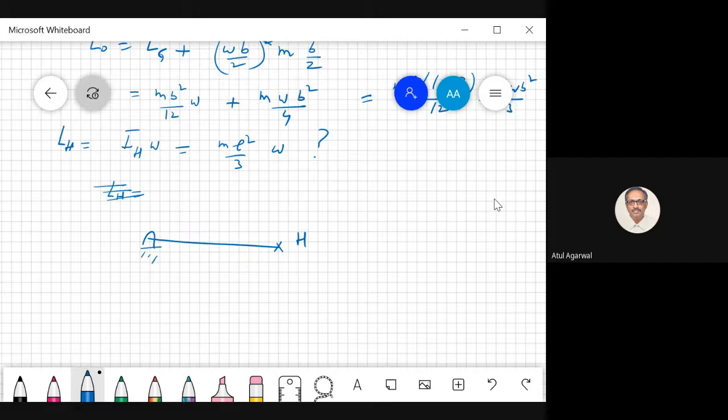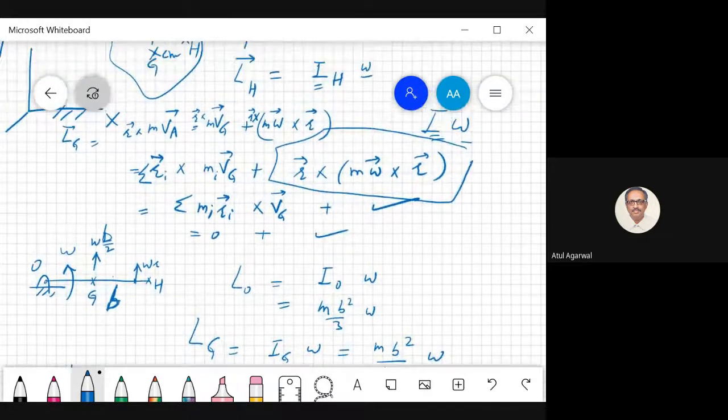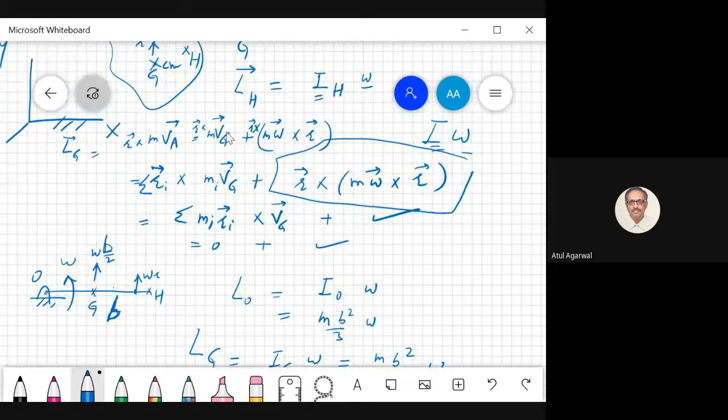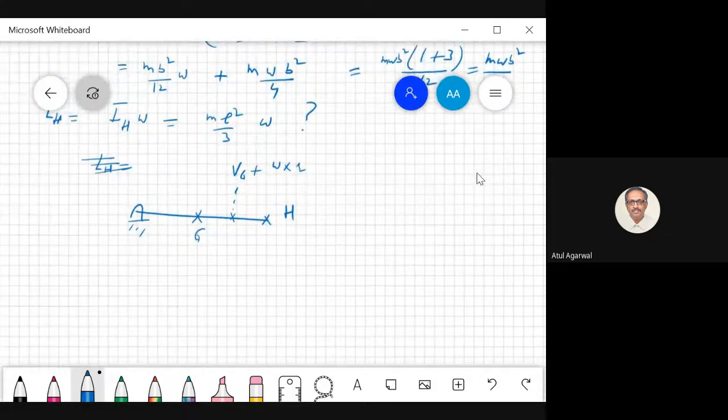Okay. When you were doing it with respect to G, what were you saying? Particle velocity is what? Velocity of G plus relative velocity. This is what you did. Velocity of G plus relative velocity. Now we will find the velocity of any particle with respect to